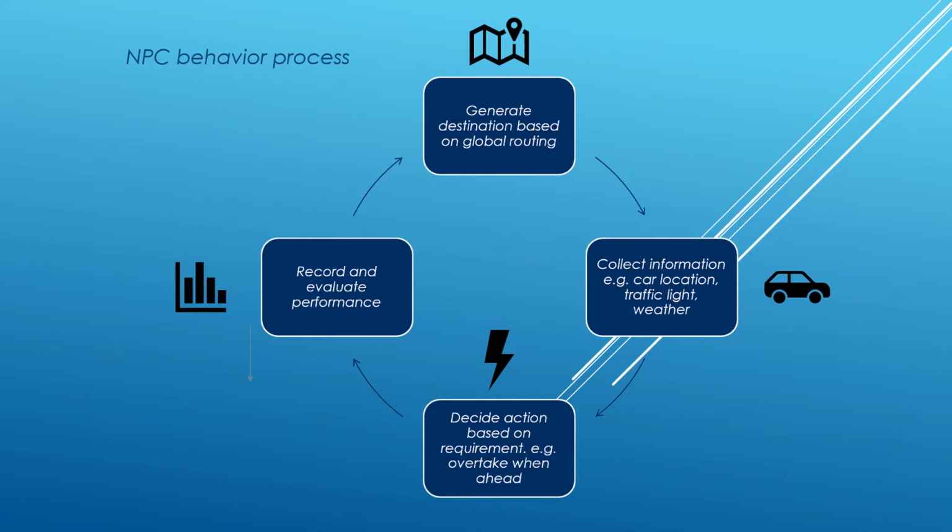Then inside the simulator, the car will use its sensors to collect information, which involves the car's location, the traffic light, the weather, and then based on the information, the car will take action. The kind of action firstly depends on the algorithm if the car is controlled by the autonomous algorithm. Furthermore, it's controlled by the test case that is specified inside the different simulations, because we want to cover different